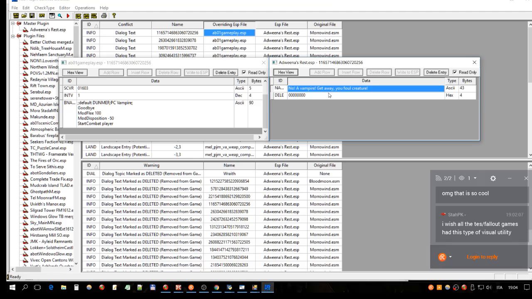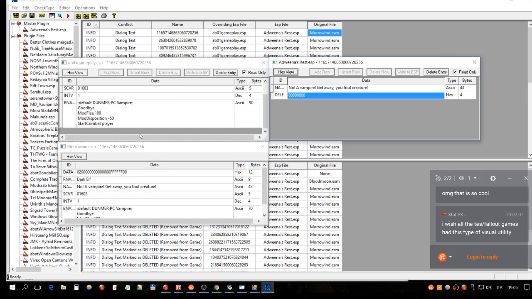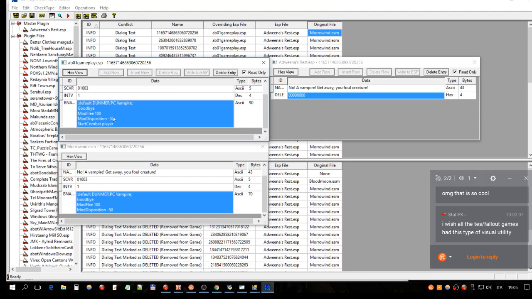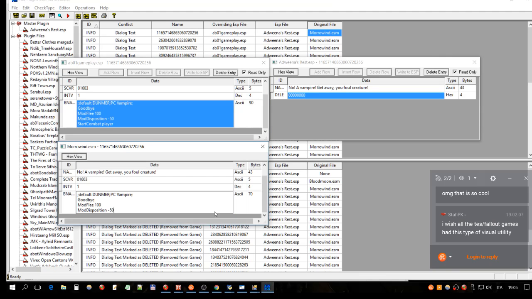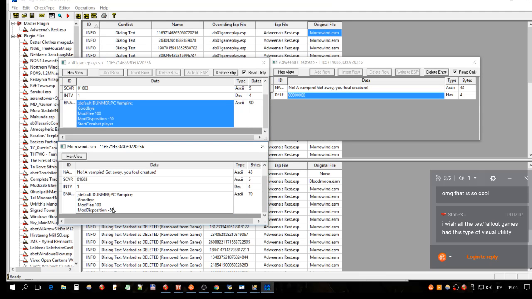And we can see easily what really changed. We can also compare this with the original Morrowind entry, so we can realize what the mods are doing. For instance, this is the original Morrowind, and all in all there are not big differences between this one and for instance the editing that I did in this mod. The one difference is I added a start combat player to enforce starting of the combat, while in standard Morrowind there is no start combat, so in practice it means these flee settings for the NPC will probably start,